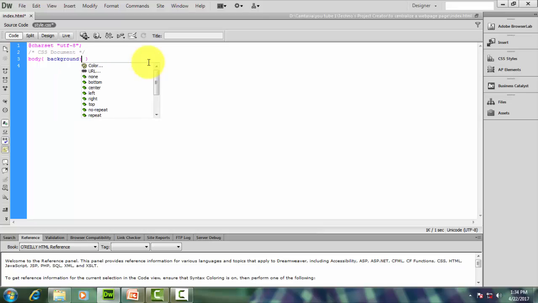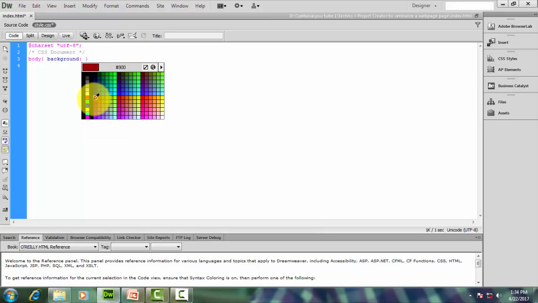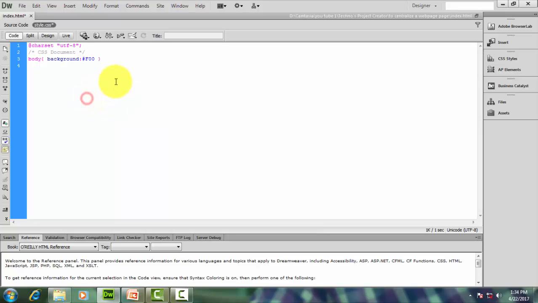Background color we chose here, say red. Okay, we chose a red color in the background. Now